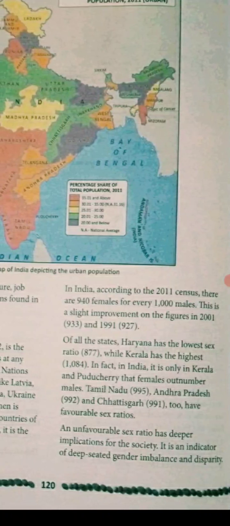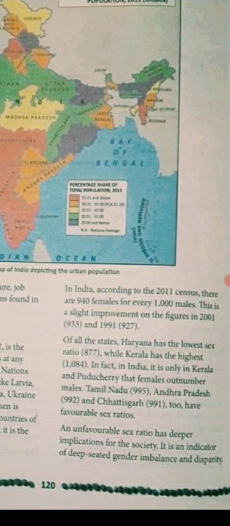Now, if I talk about the state-wise distribution, then in India, Haryana has the lowest sex ratio, with only 877 females per thousand males. There can be many reasons for a low sex ratio, and Indian society itself is the biggest cause of this. The patriarchal nature, that is the leadership of men,